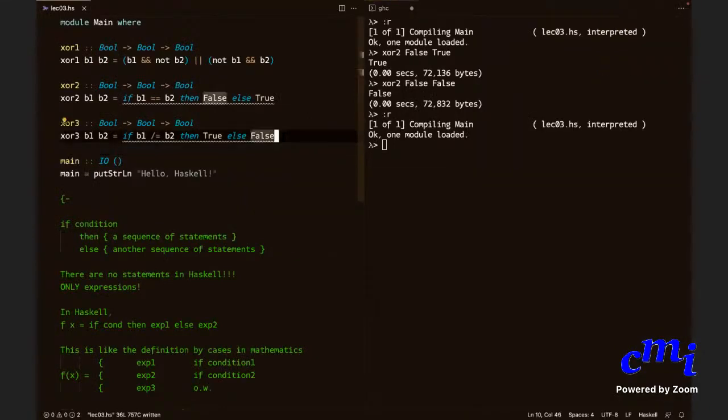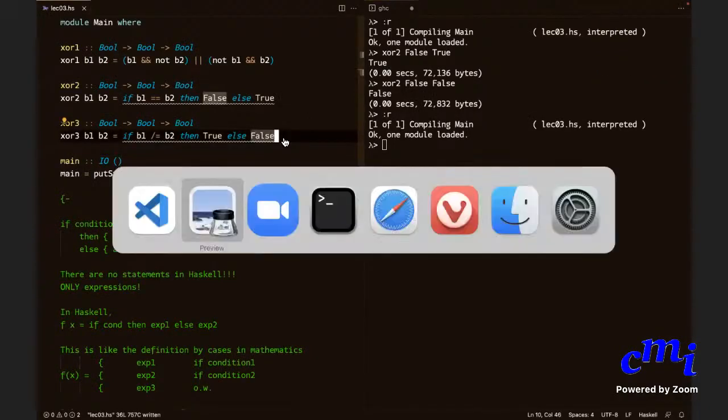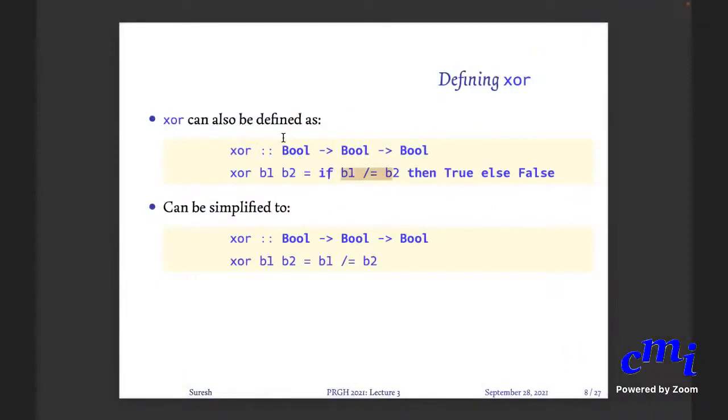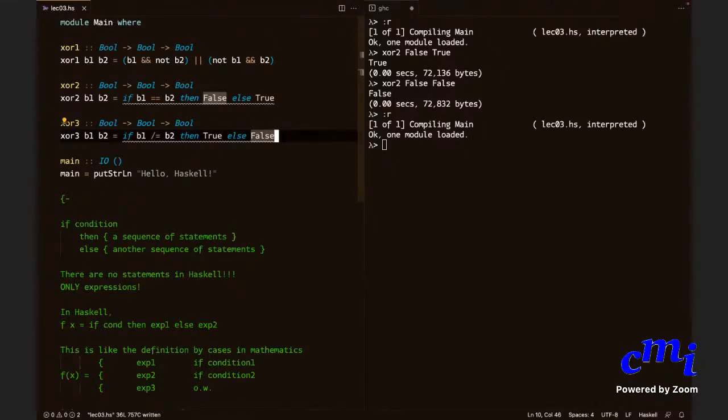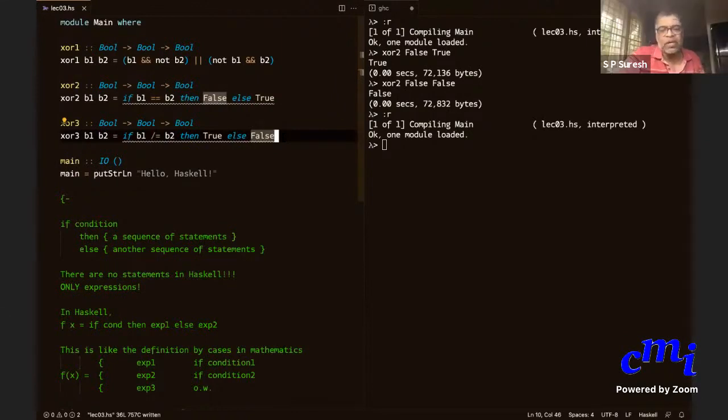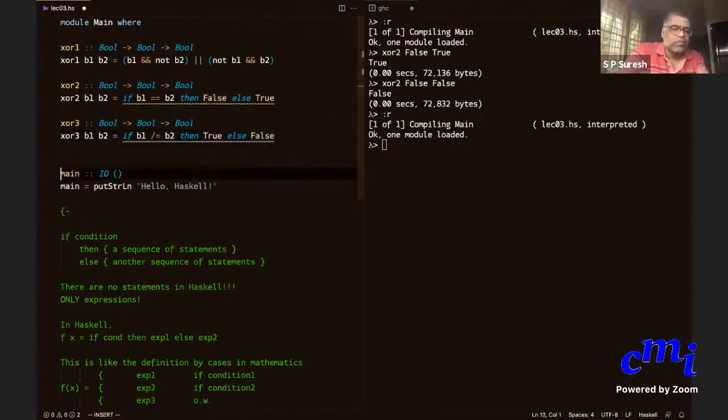Sir, does colon R reload just that last loaded thing or everything? Colon R reloads the last one that was loaded. Whatever you loaded using the last colon L command, colon R will reload it. That's a convenience, so you don't need to name the file name.